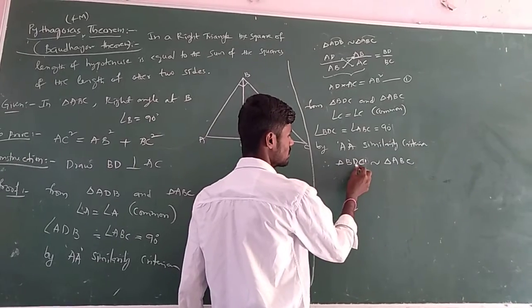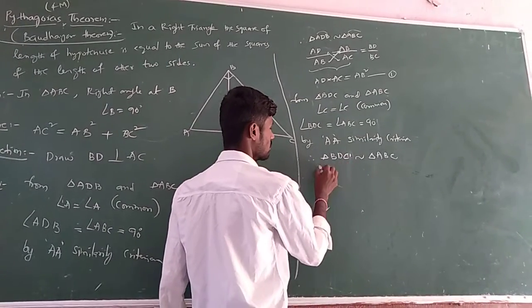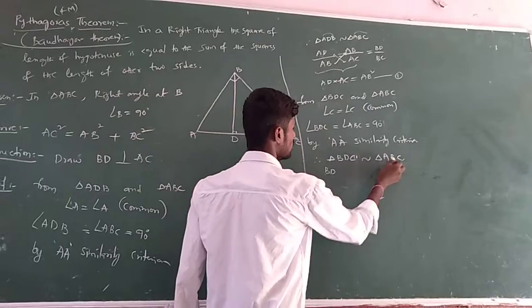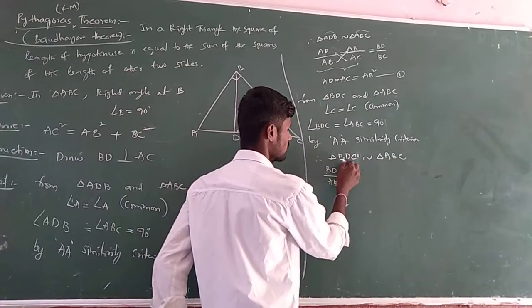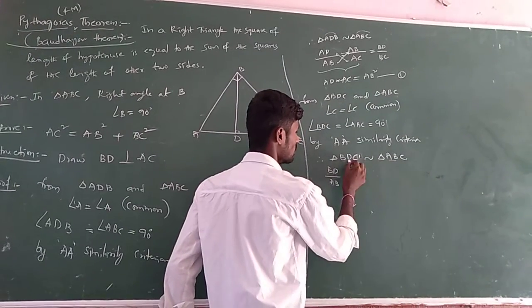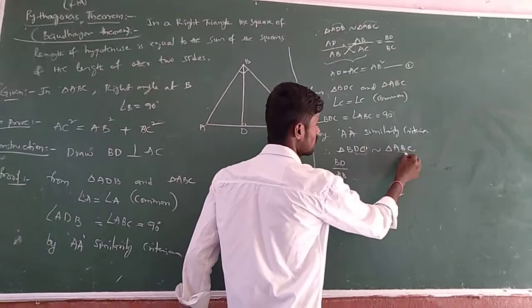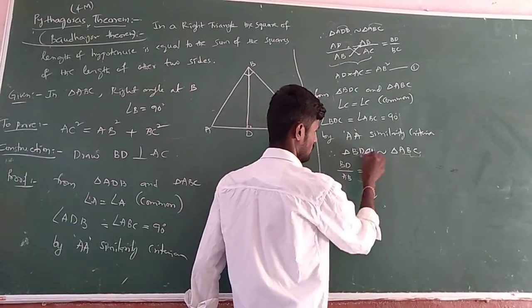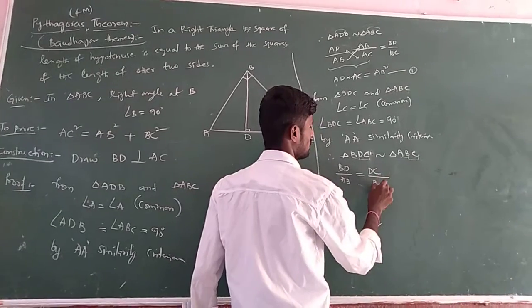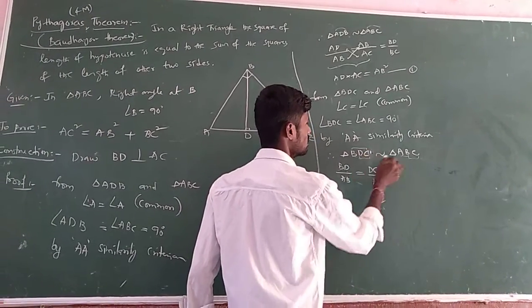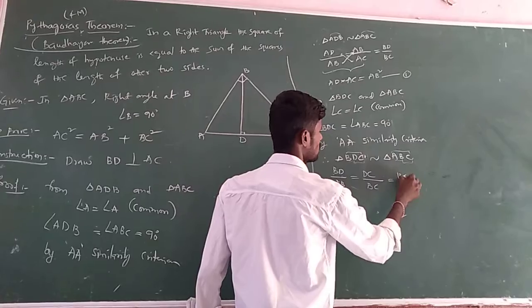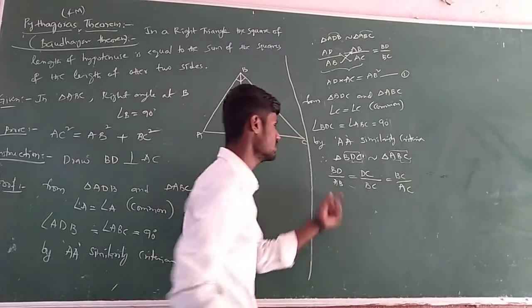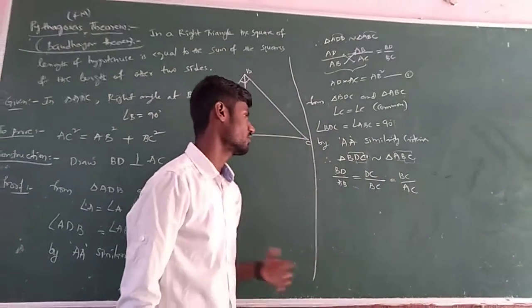What is the corresponding sides ratio? Here you will get BD and the corresponding side is AB. Don't worry, just take it as it says, BD by AB. Next, CD, second and third, BC. So CD is nothing but DC. DC divided by DC is equal to next BC by AC. So BC by AC.